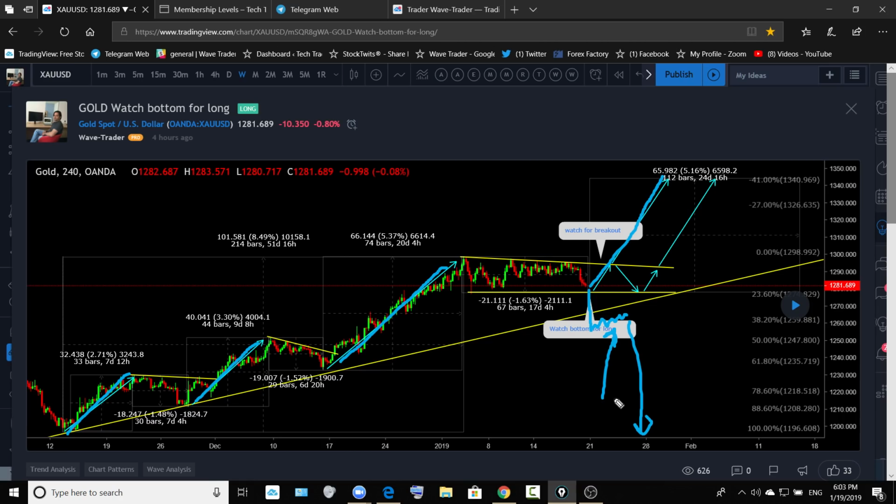So gold is not in a bearish trend for the downside for the medium or longer term. It is in a medium and longer term bullish trend, but short term there was a possibility that we could see a change in pattern formation. This symmetrical triangle was there. That triangle did not continue, and price broke down. But now gold is forming a good opportunity.